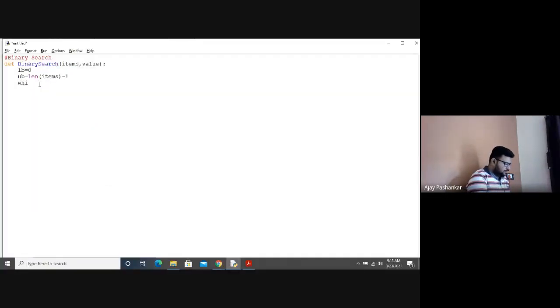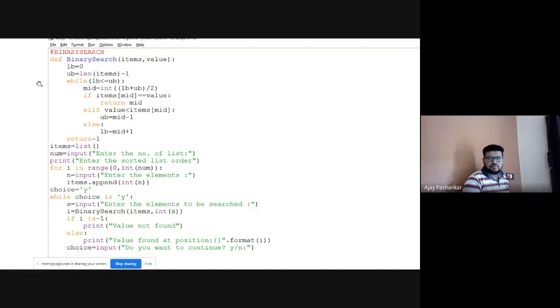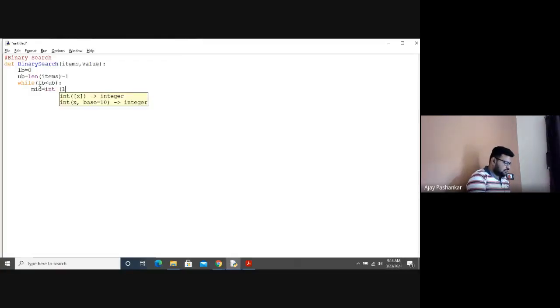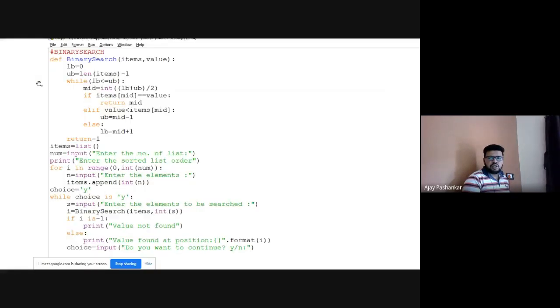While LB is less than UB, what we have to do is mid equal to int. Obviously, your middle value will be calculated as lower bound plus upper bound divided by 2. Is it okay?